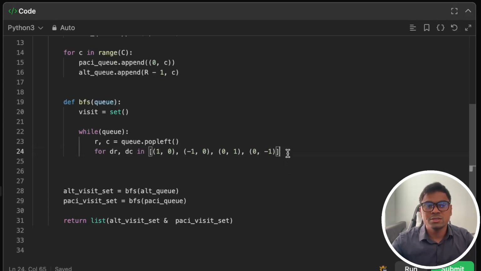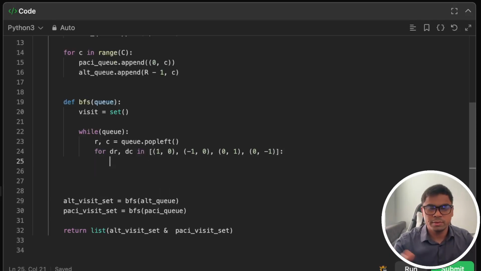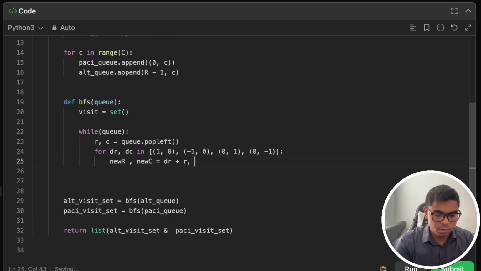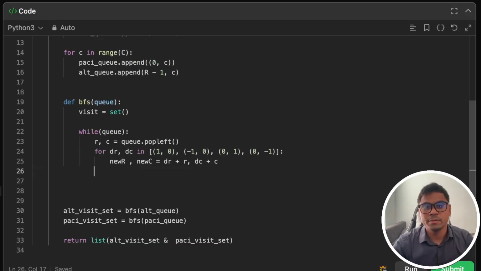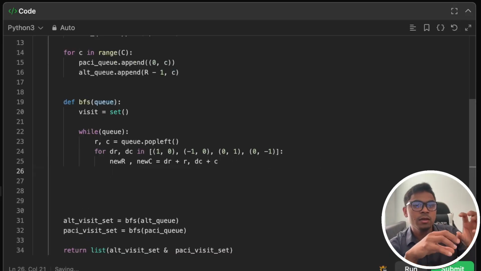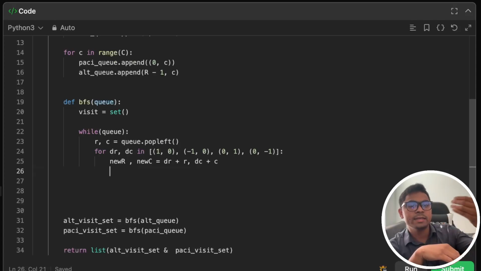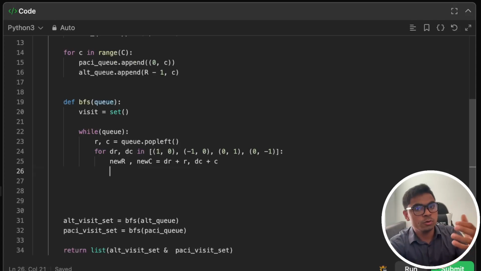Okay, so direction row, direction column, we have been doing it forever now. So new row and new column is going to be dr plus our old r, and dc plus our old c, the current cell that we are visiting. So right here we get our new address, but we are going to only add this to our queue and visit set